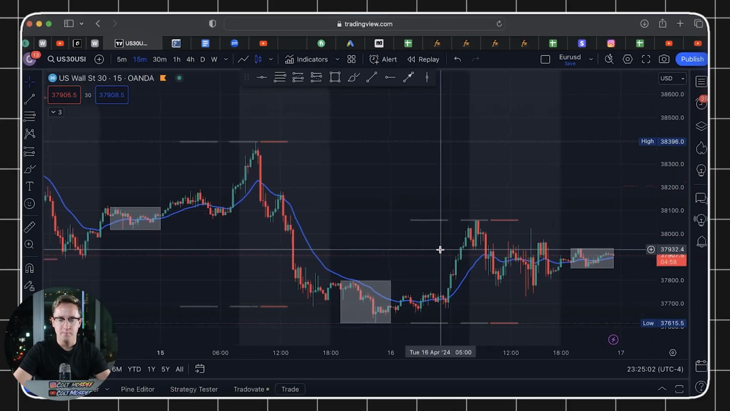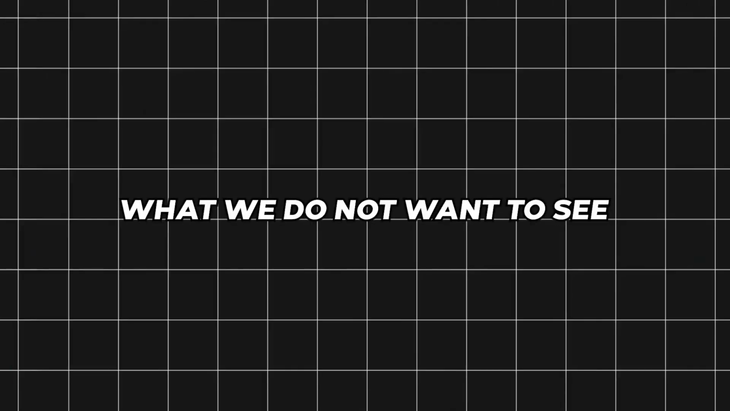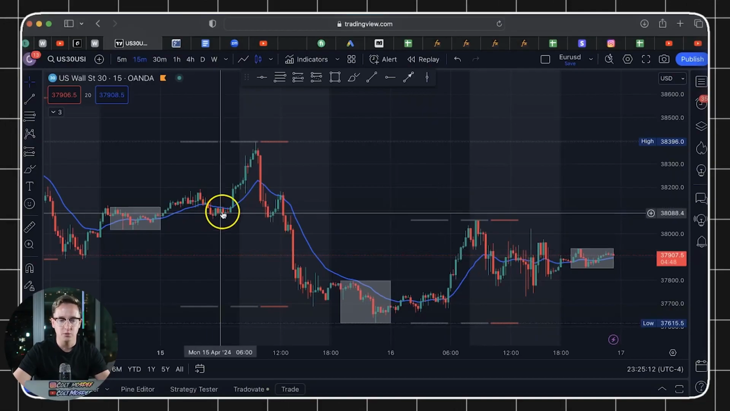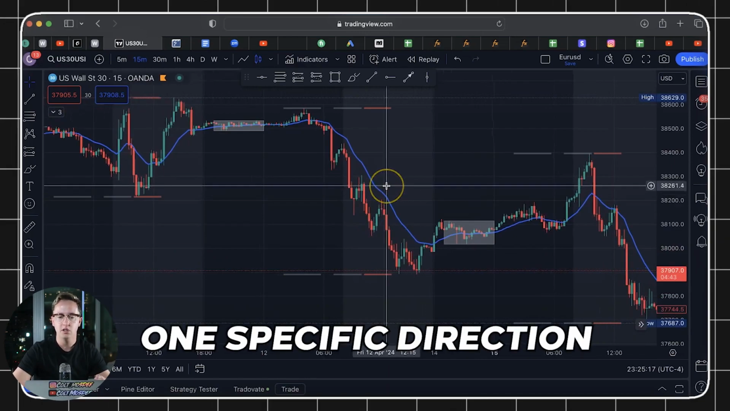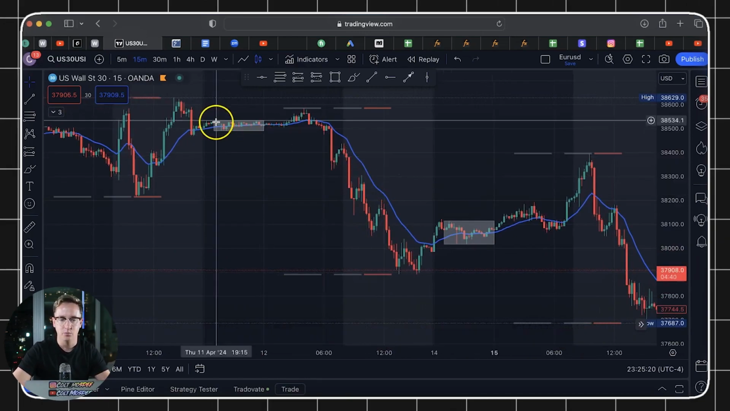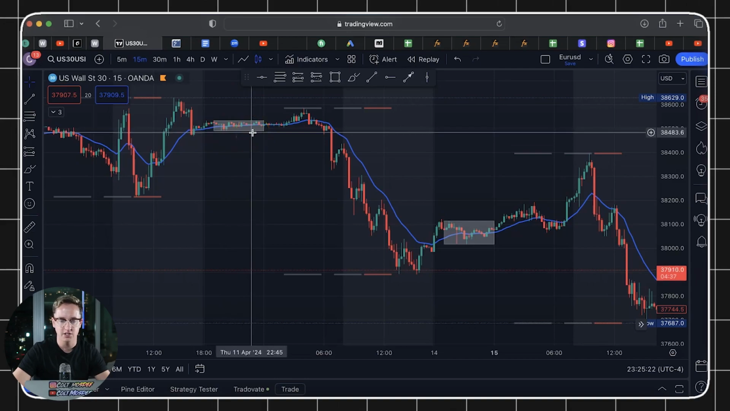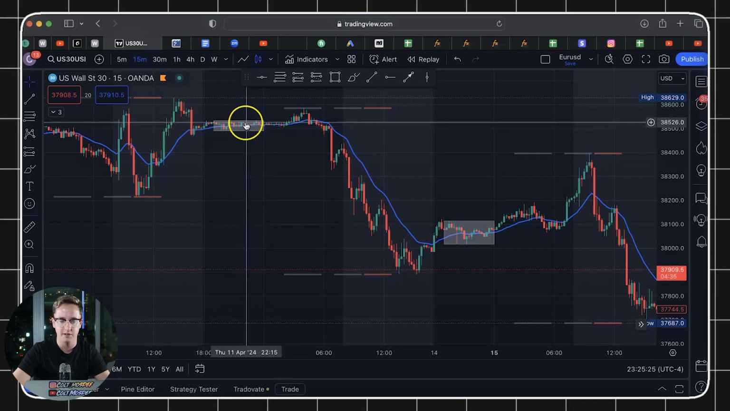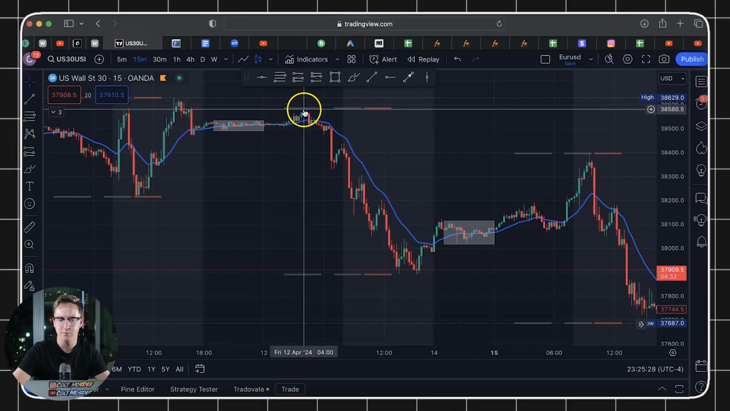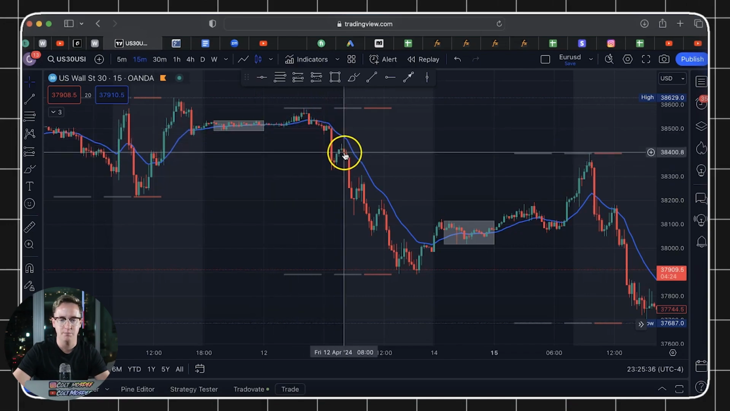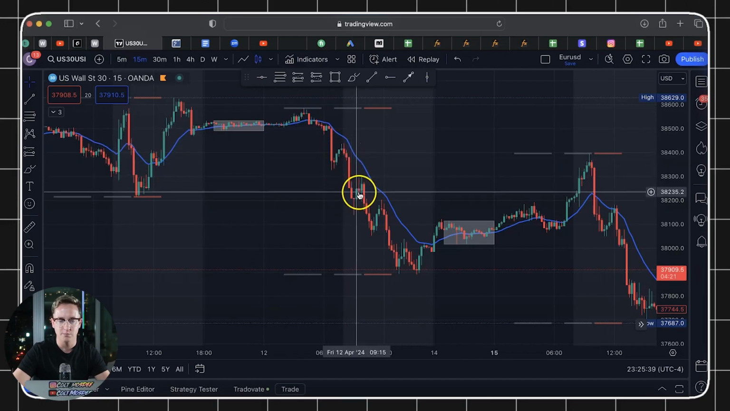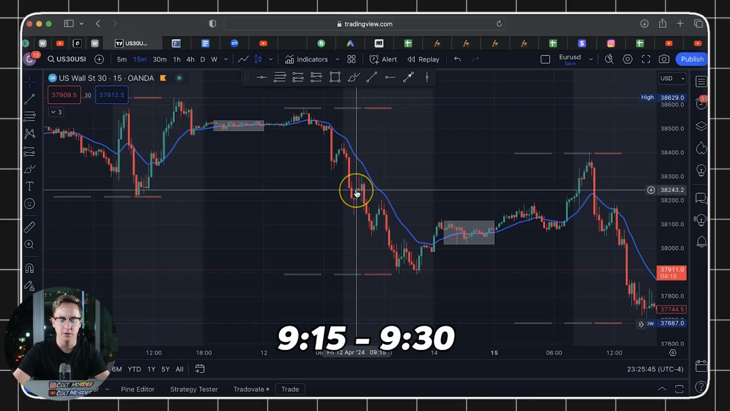So when we are trading, I want to show you guys what we do not want to see when we're looking for this setup. We don't want to see choppy markets like this. We want the market to show us one specific direction. And we can see that happen right here with the Asia session. We saw the Asia session have very small candles, and then it kind of broke to the upside right here during the London, but overall it broke the low of the Asia session right at the beginning of the New York session. So as the market open occurred right here, we saw the 9:15 to 9:30 candle was bullish,